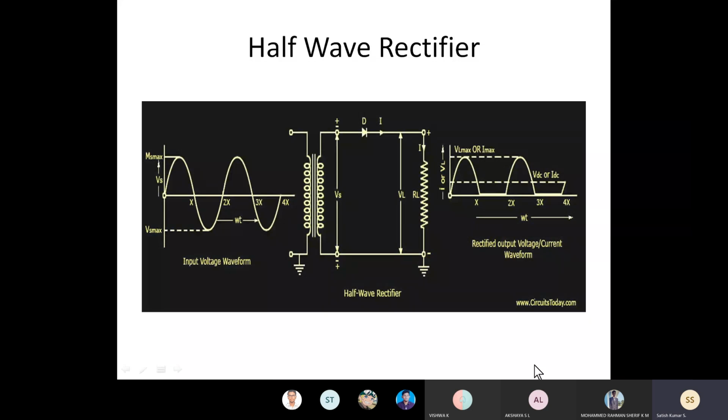I am going to calculate the efficiency. Efficiency is output power divided by input power. Here we have already calculated the output power across the load terminal, and now I am going to calculate the input power, which is nothing but the amount of power dissipated in this diode and also the power dissipated in your load resistance. So for the power dissipated in the diode, if we know the diode current and the resistance value, that is enough. Then if we know the load current and the resistance value, we can calculate the power across your diode and also the power across your resistor.